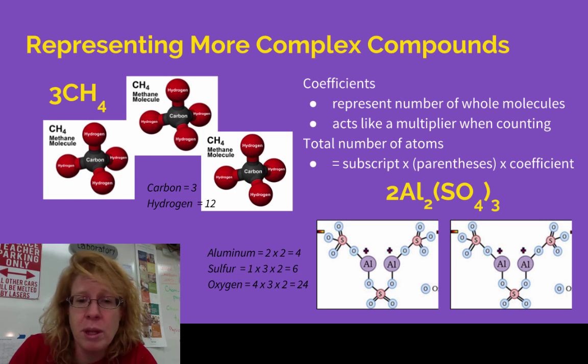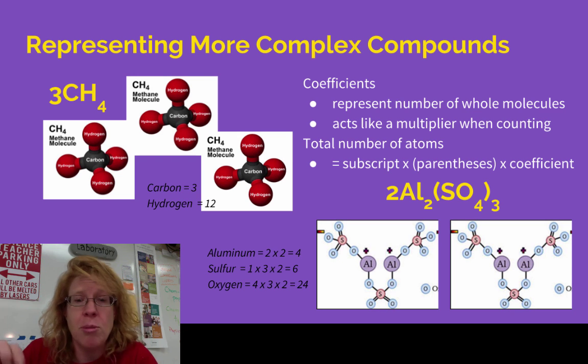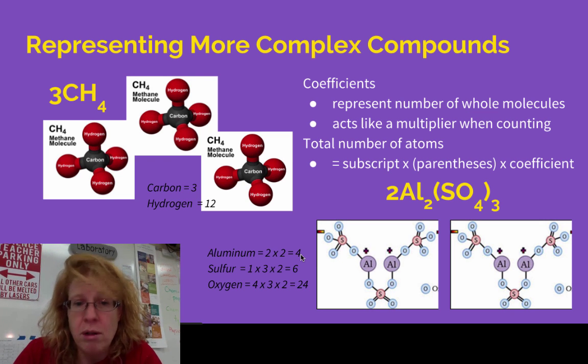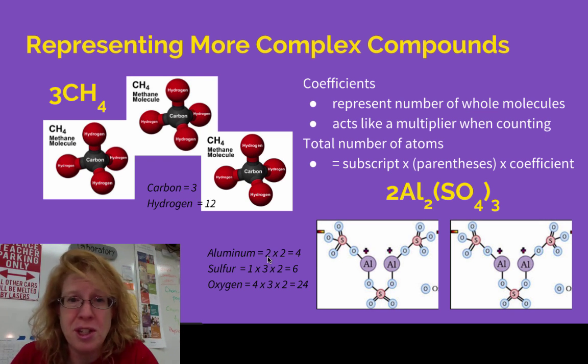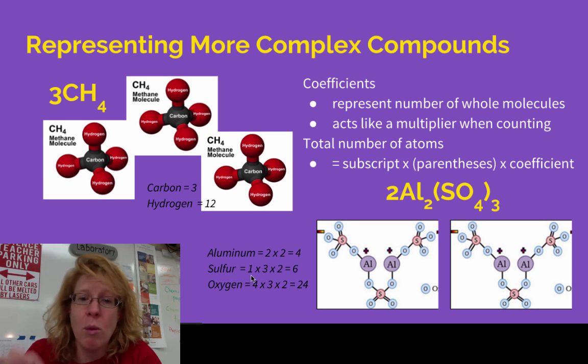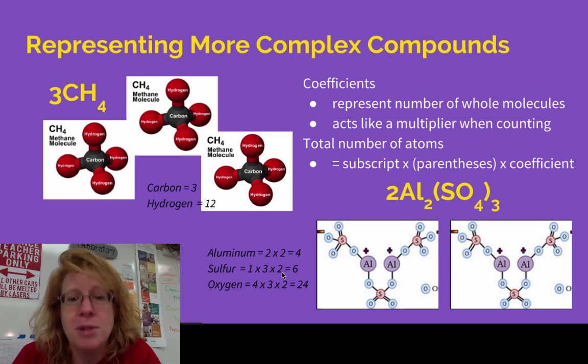You can use a little formula if you want. If that doesn't work for you, don't worry about it. But you multiply it out. The subscript numbers start there. You multiply it by a parentheses number if there is one, and then you multiply it by a coefficient. So our total accounting for this particular crazy molecule, we've got 4 aluminums because there's 2 in each molecule times 2 molecules. For sulfur, we've got 1 sulfur in each group times 3 of that group times 2 molecules total,